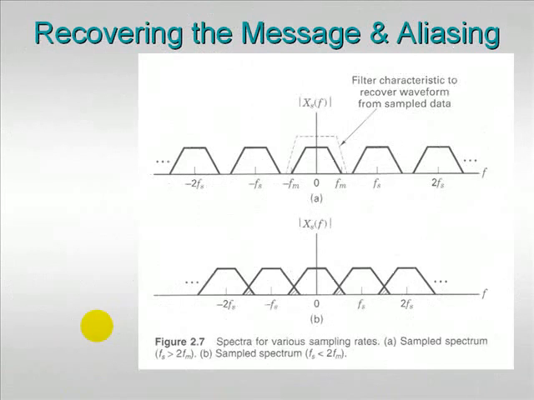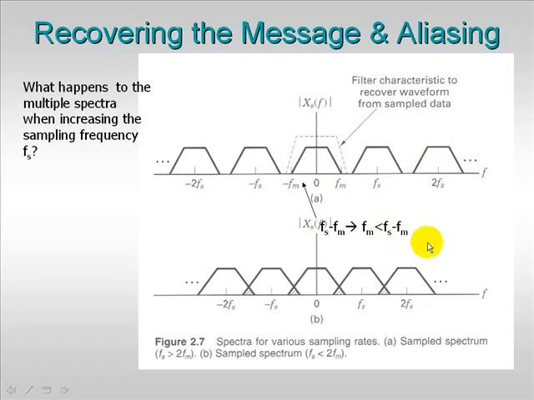Again, another illustration of how to recover the message and then the overlap of multiple spectra when we don't sample at twice the highest frequency. Here we recover the message by low-pass filtering the spectra centered at the origin, and we get rid of the multiple spectra. Okay, so we can see here that Fm right here has to be less than, if you look at this, that point must be Fs minus Fm. And then from there you can get